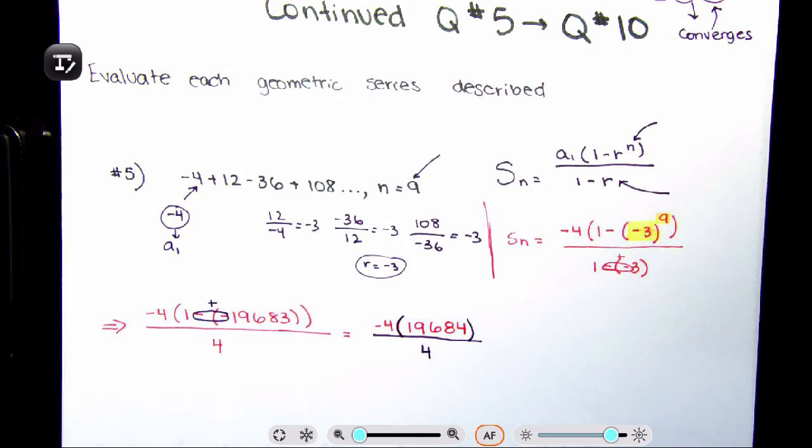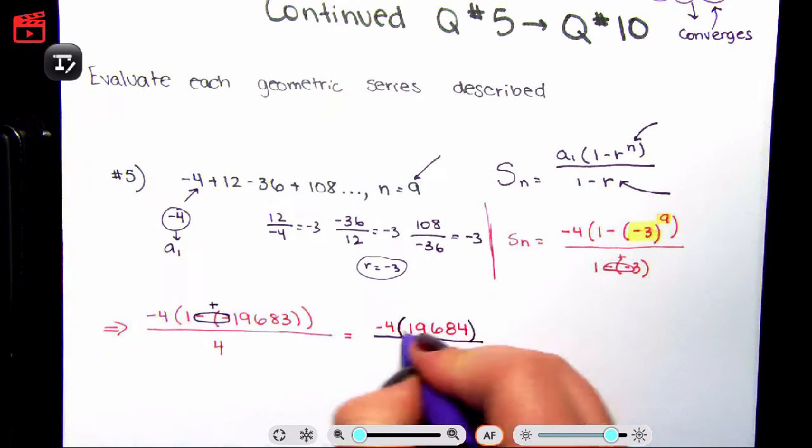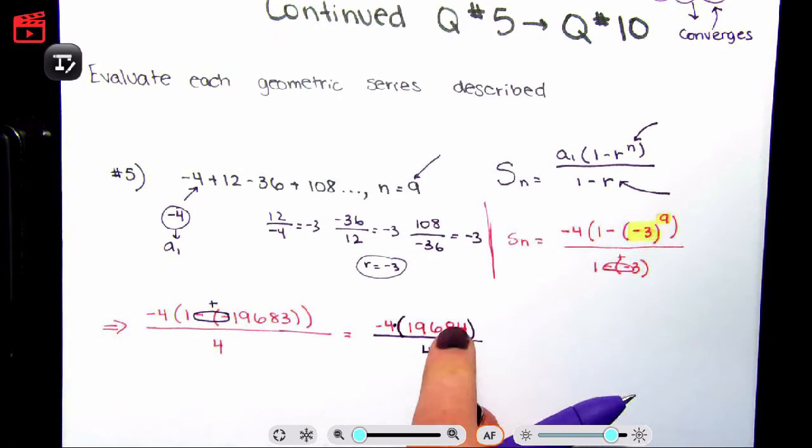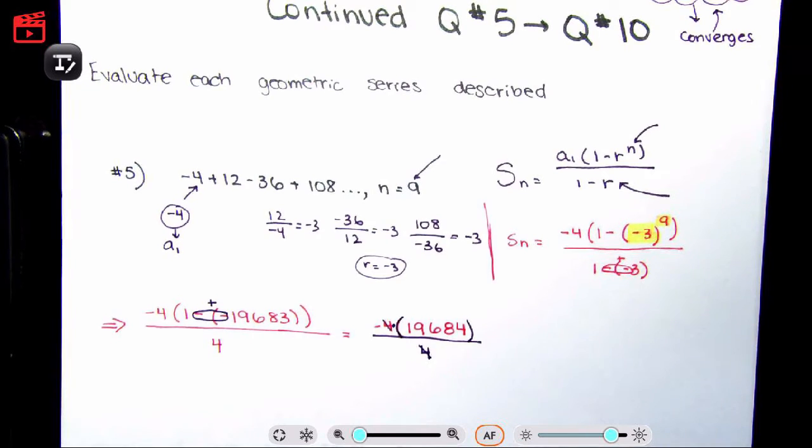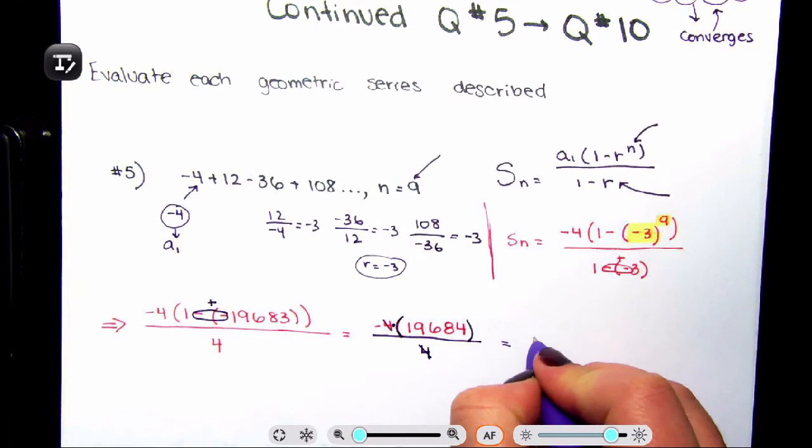So what that means is we actually can do this both ways. If you wish to multiply by -4, then divide by 4, you may choose to do so. However, I am noticing that I have multiplication between -4 and this parentheses or the bubble. So I can cross out these 4s because I have multiplication. You can only do this with multiplication. Therefore, my answer is